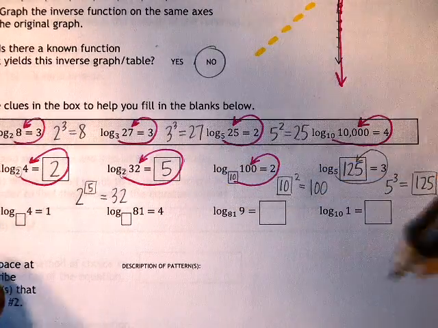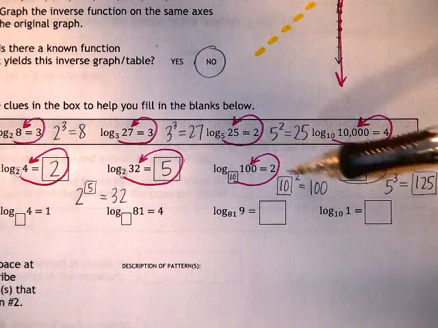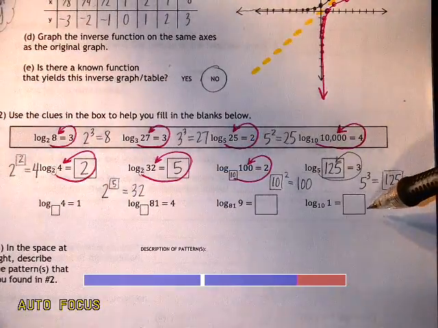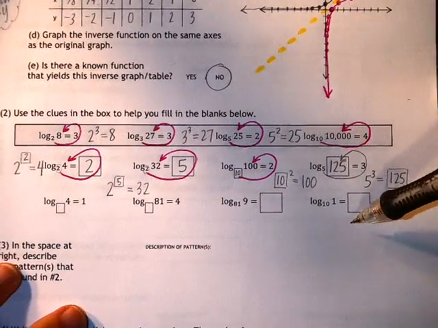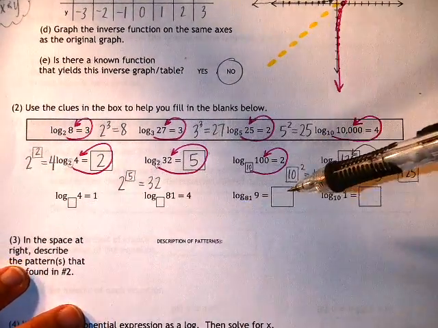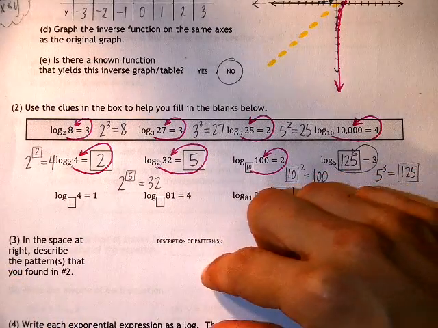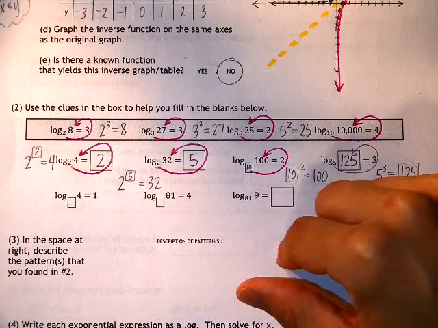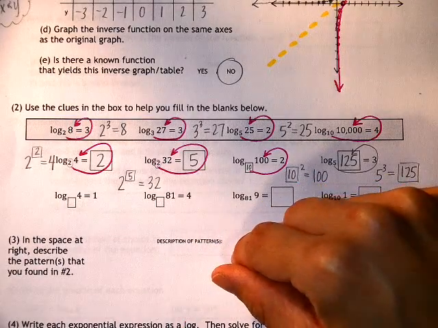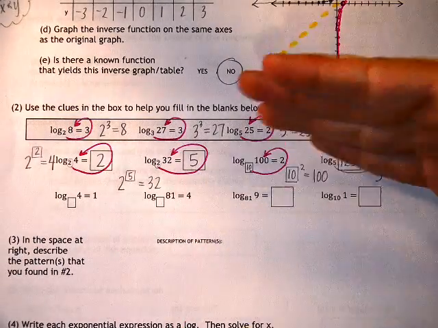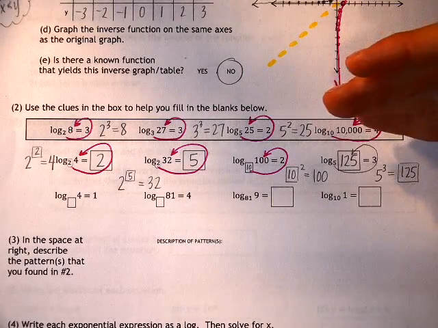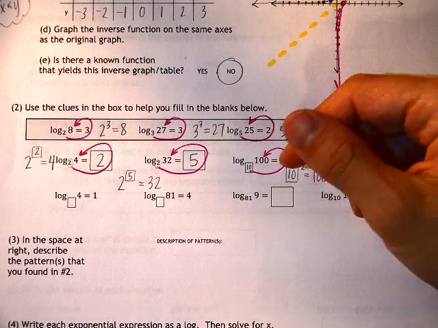But at this point, hopefully now you've seen enough of the pattern that you can try the second row of problems in this log section. Also, when you finish doing those problems and the pattern starts to make a little bit more sense, try in question number 3 to illustrate or describe the pattern in your own words. You can borrow from my words and phrasing, of course, and you can certainly borrow influence from the answer key